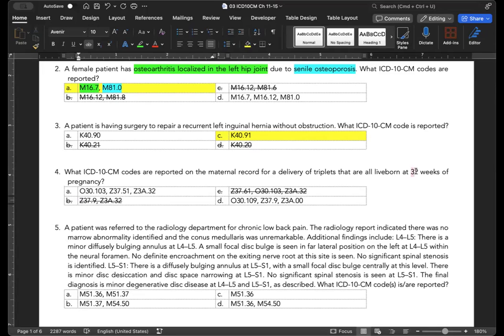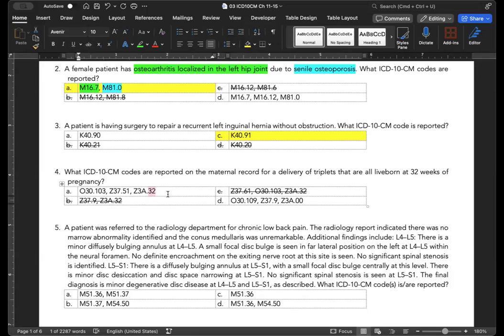So in this case, they are 32 weeks pregnant. So our code is Z3A.32. So 32 and 32. So technically, if you remember that trick, you don't even have to open your ICD-10 book